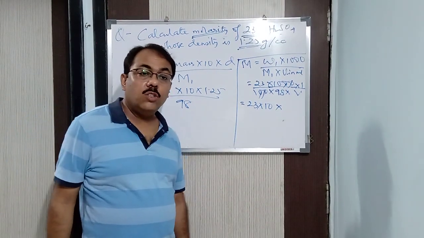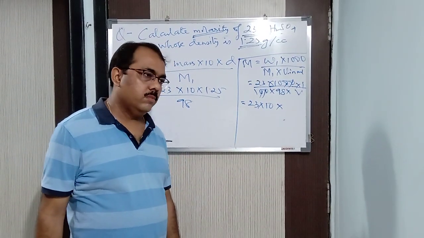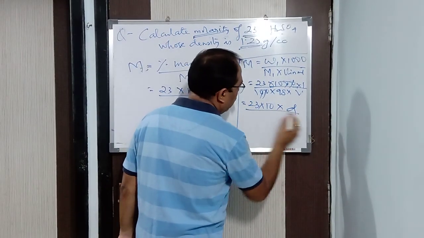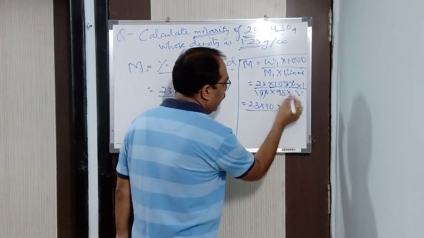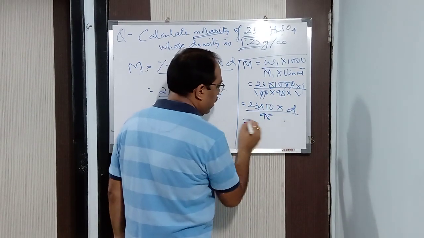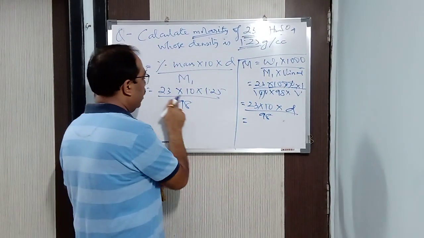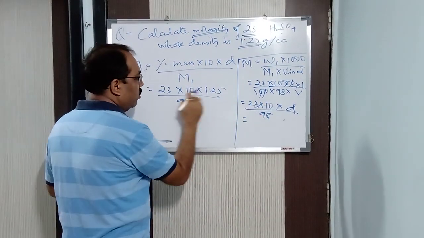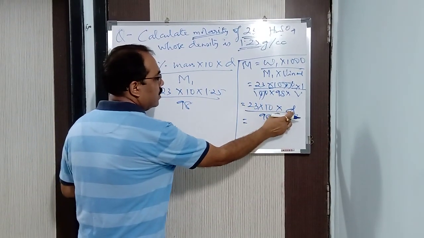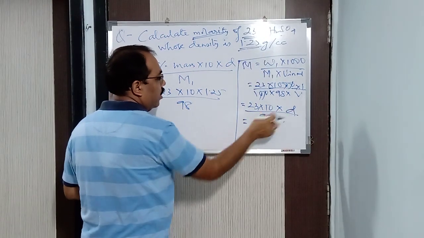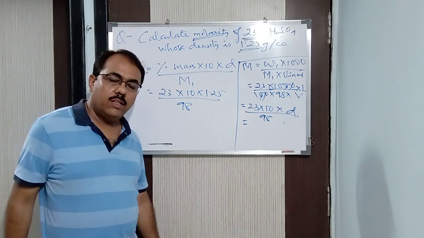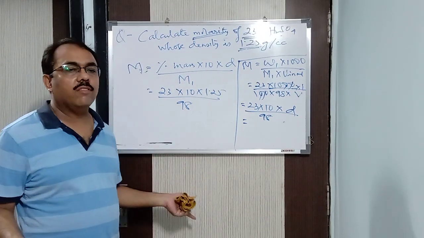What is 1 by V? Density. Density is equal to what? Mass by volume, so density is inversely proportional to volume. So that is D. And what is this 98? 98 is the molecular weight. Isn't it? Now see what I have written. Same thing I have written or not? Look here: 23 into 10 into density. Density is 1.25, I will put the value now, and 98 is the molecular weight. Did you get it now? From where did I get this formula? We are getting it from there itself.